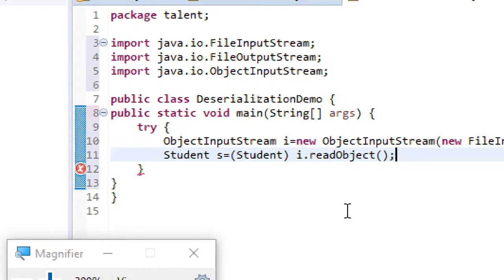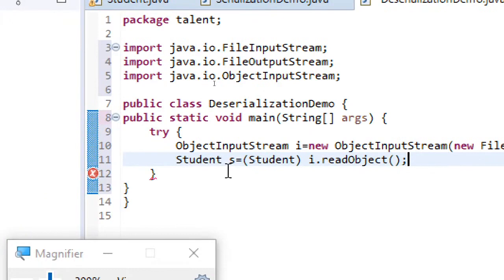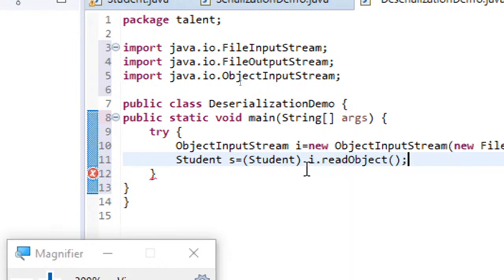I hope everyone is getting the point of what is being done. I'm making use of the object input stream, and whatever file I created in the serialization code, I am reading it. With the object input stream, I am performing readObject, so that whatever was written using the output stream dot writeObject, the same thing we are reading.